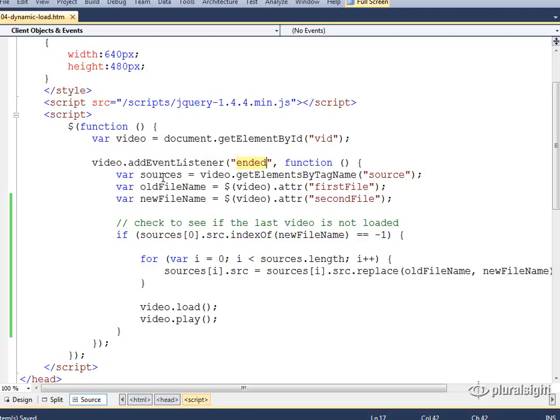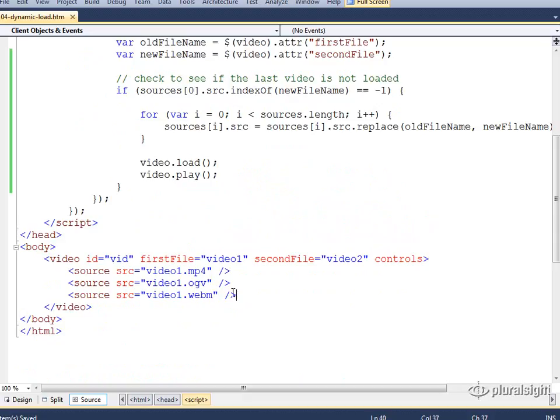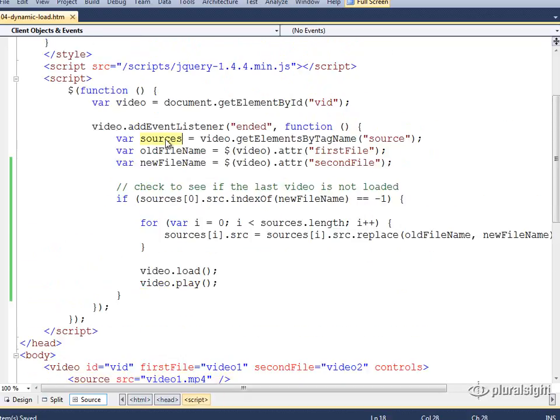So the first thing that I need to do is get the sources of the video element. I need to get access to the 3 sources that are found within the video. And this is important because if you don't account for the sources, you won't be able to serve up the appropriate video format depending on the browser that your user is using in order to look at your page. And then what I'm doing is just a simple search and replace. I'm taking the old file name and replacing that with a new file name. And so I'm just grabbing that information out of one of the attributes from the video element, and that's pretty